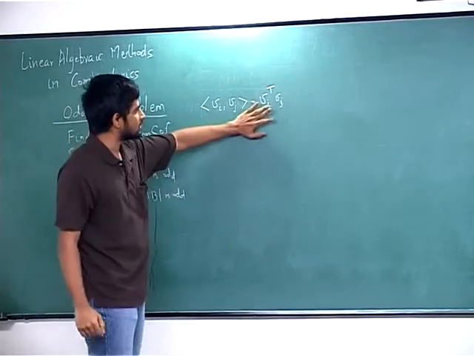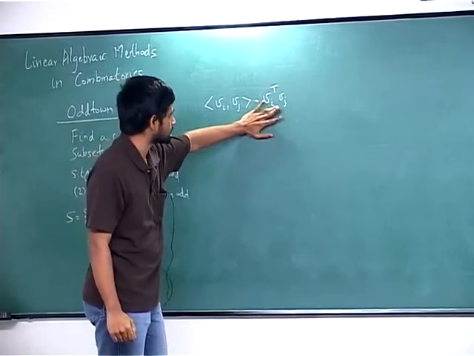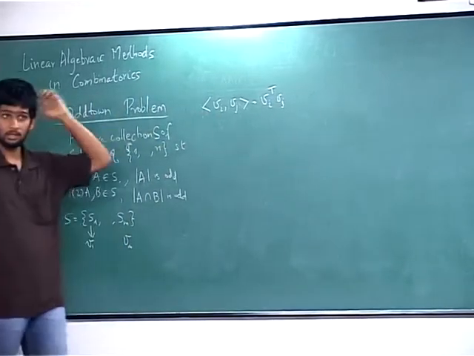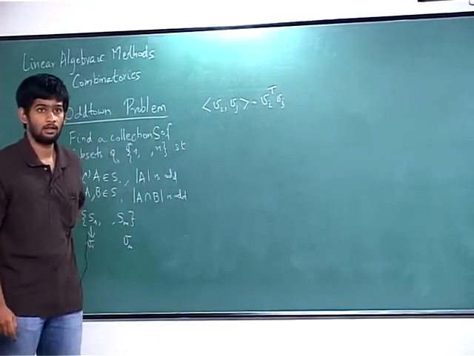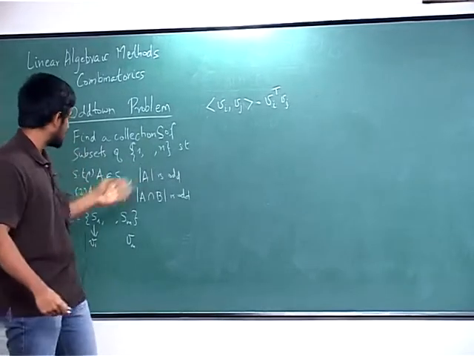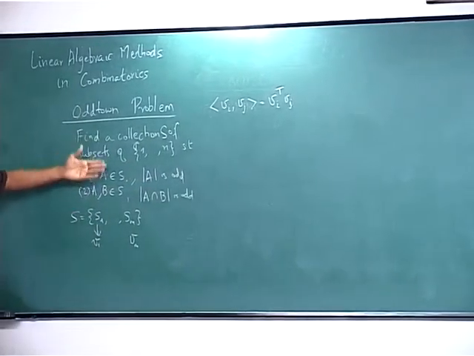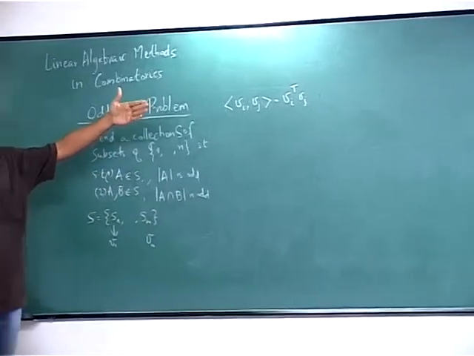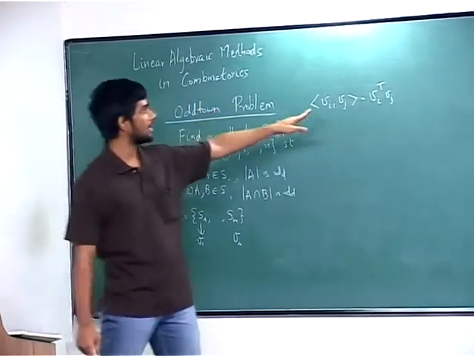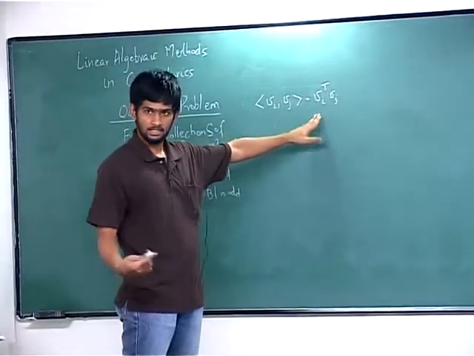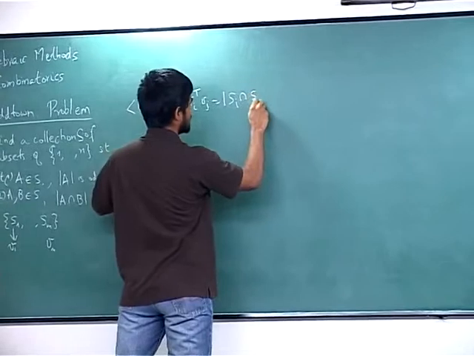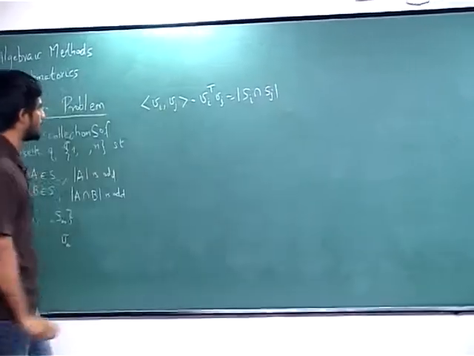So given two vectors Vi and Vj, what is this inner product going to be? In this setting, what is it? See, what are my sets? The collection of sets satisfy these two properties. So what is exactly this inner product? What is this value here? It's the size of the intersection. This is just the cardinality of Si intersection Sj. Right?